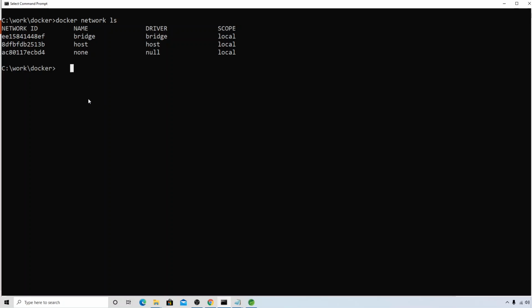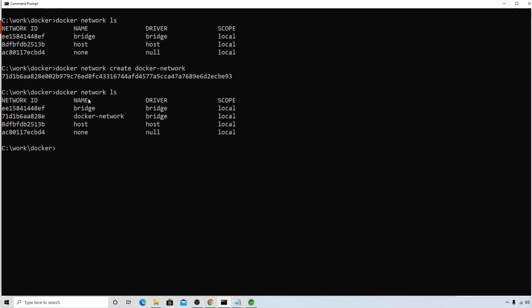The command to create a network is docker network create, and you can give a name to your network. By default it will assign the bridge driver. So let's see what happens. A network is created with ID 71,